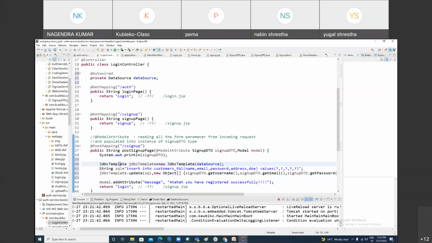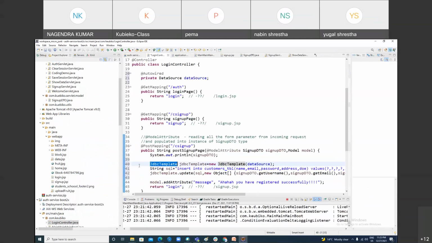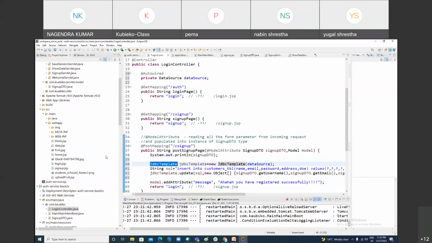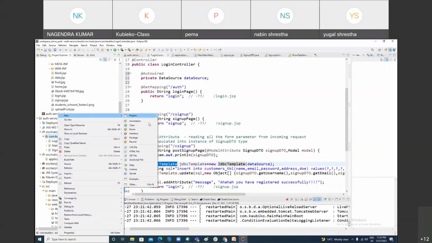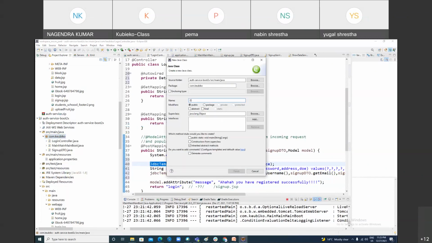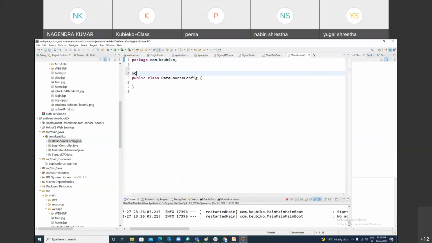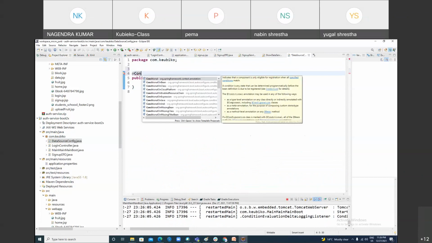Even this JDBC template, you can make as a bean. If you allow me, can I do that? Yes. If you want to make it a bean, here you can make a Java file. Remember, I have taught you this. Data source config. Mahesh, make a config. This is called Java based configuration. Make a configuration,